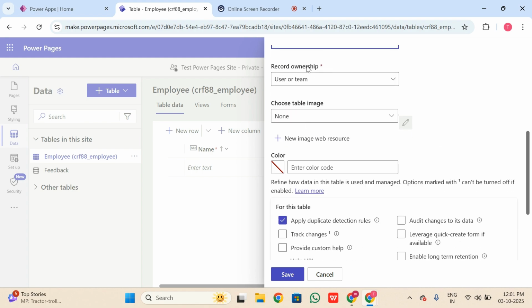Then record ownership is user or team, otherwise organization. We are creating the table for users, not for the organization, so I will select the first option.